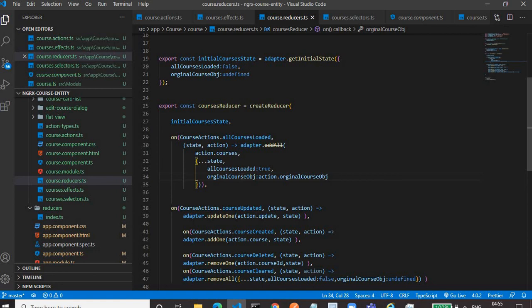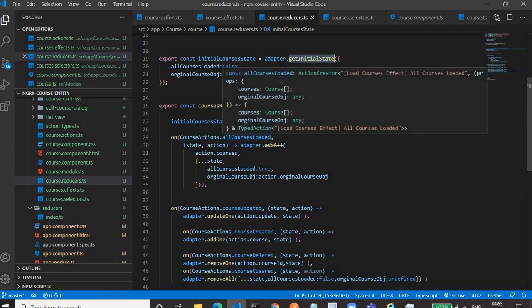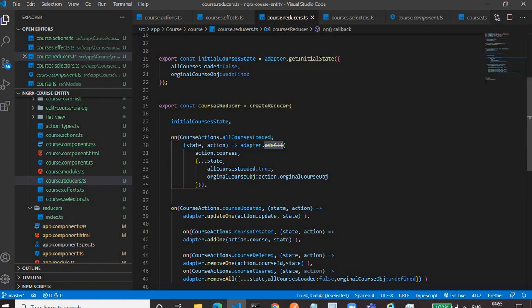So the advantage of using the adapter is it has a function for creating the initial state, adapter.getInitialState, and for storing in the store we can directly use the adapter.addAll function. If we had used the older approach, then we would have to store these courses manually.